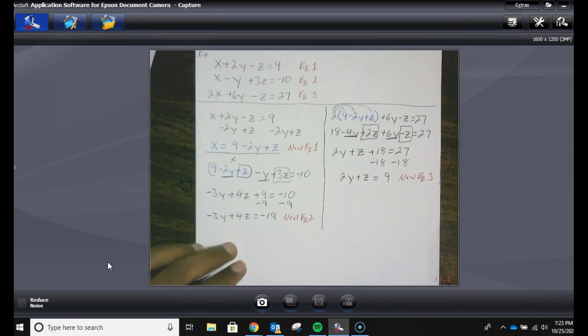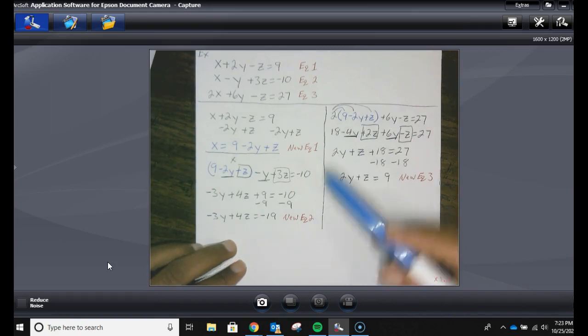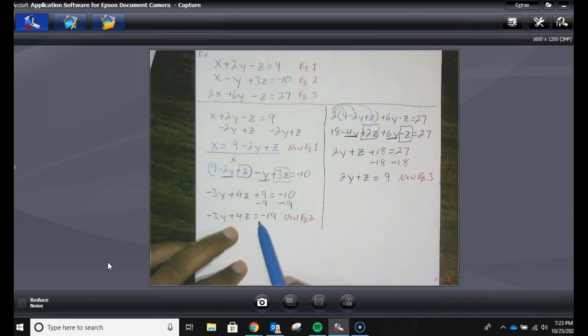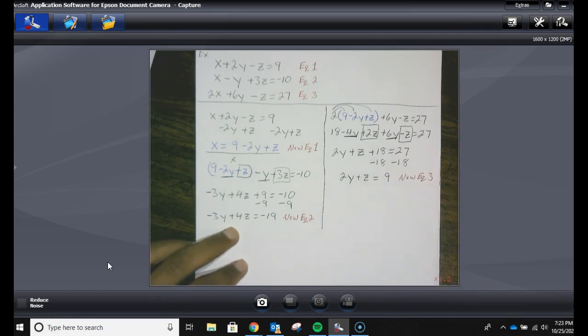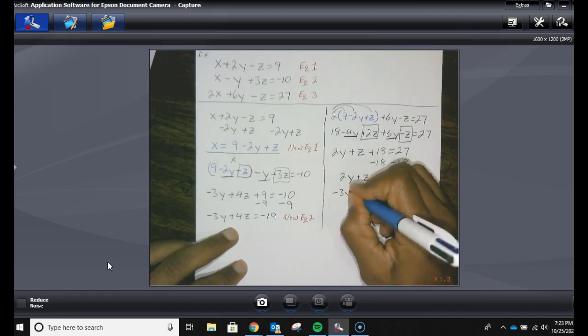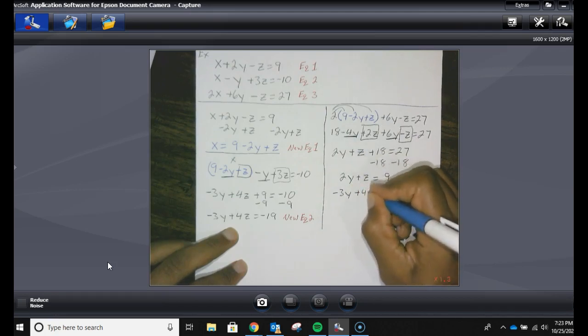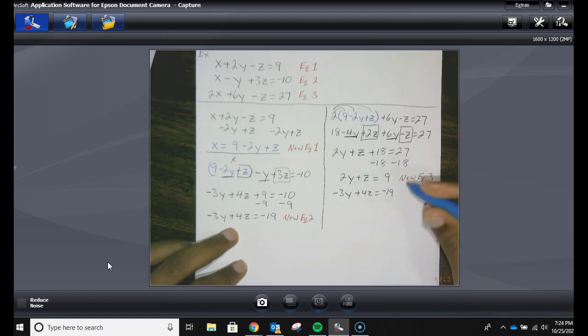So I told you at first we're trying to get down. We started off with 3 equations and 3 things we don't know. We're now down to 2 equations and 2 things we don't know. So we're going to take these 2 equations and guess what? We're going to start all over again. So I end up writing these 2 equations, and now I'm down to 2 equations and 2 things I don't know. So I'm going to take these 2 new equations,